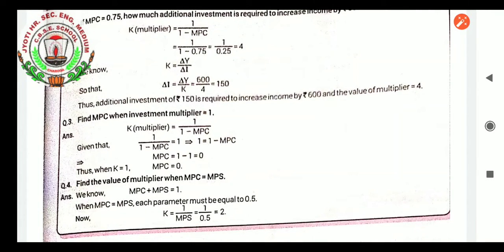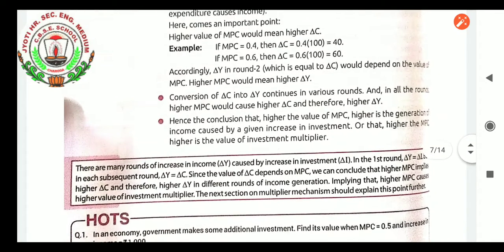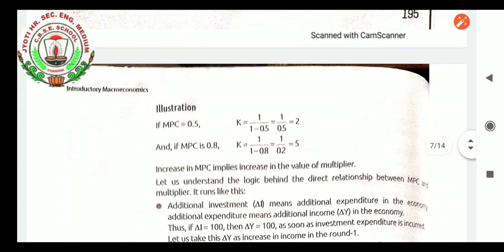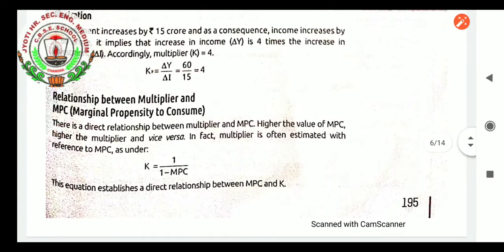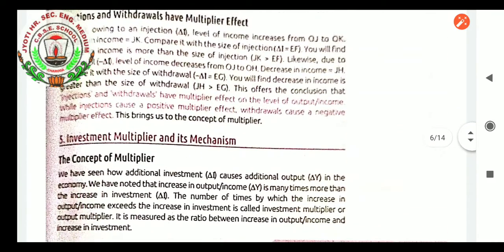Today we are going to learn the topic economics short-run equilibrium, in which we will be learning the multiplier. What do you mean by investment multiplier, students? Investment multiplier refers to how many times an increase in income results from an investment. A change in income relative to the change in investment is represented with the help of the investment multiplier. Let us have the definition, then the formula to learn the multiplier.